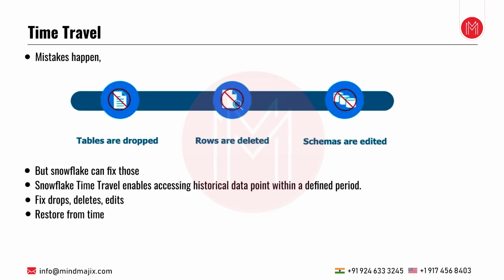Time travel. One more key feature of Snowflake is time travel. If there is a table and unfortunately you truncated it, or you deleted some of the rows, or some schemas were edited, how can we fix it? In Snowflake, you can do a time travel. There are two types of time travel. One is you can travel back to a particular point in time, and one more option is you can travel back